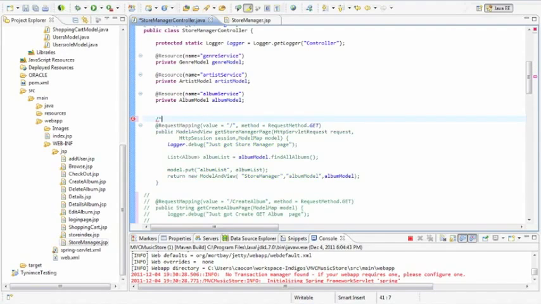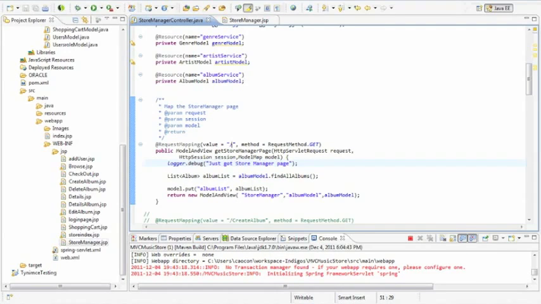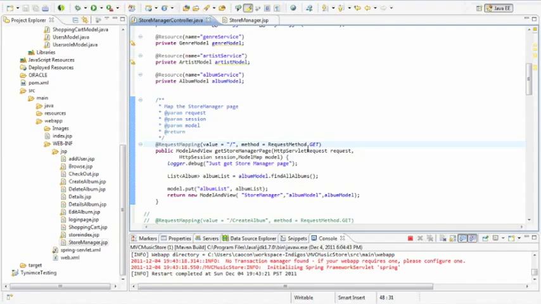Okay, I will comment this one out, map the StoreManager page. So this one we use map the StoreManager page. This slash is the root of the StoreManager page, and the method is get. And okay, pay attention,